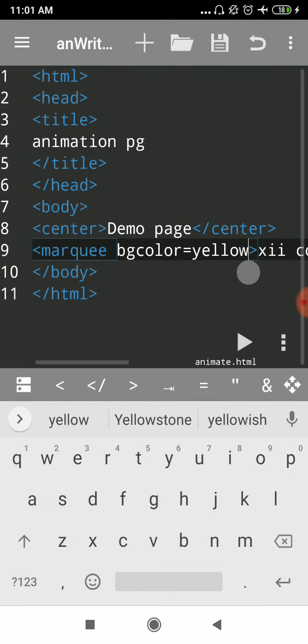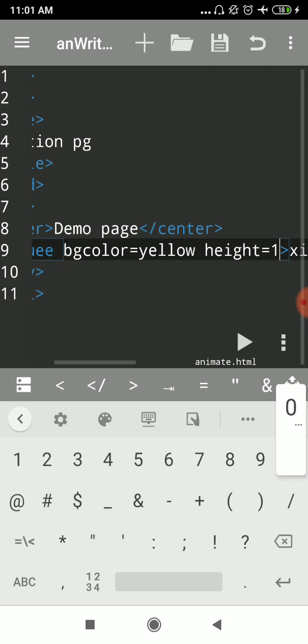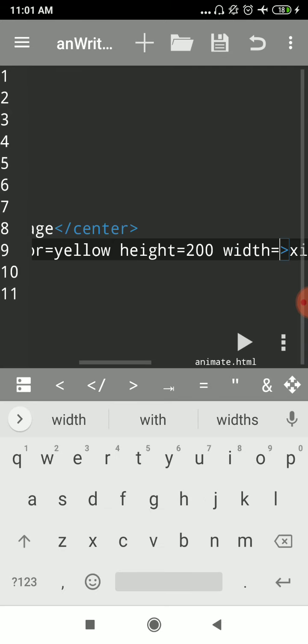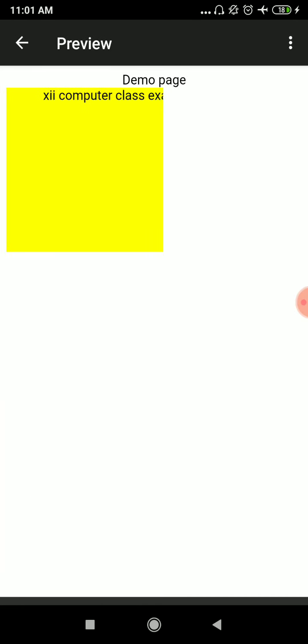Now if you want to change the size of this rectangle box, it is possible. What you have to do is in the coding you have to use the properties called height and width. Increase and resize the rectangle box, give the values, save the file and check the change in the output. I have provided 200 pixels, that is percentage, in both height and width properties, and here you can see the output it has created.